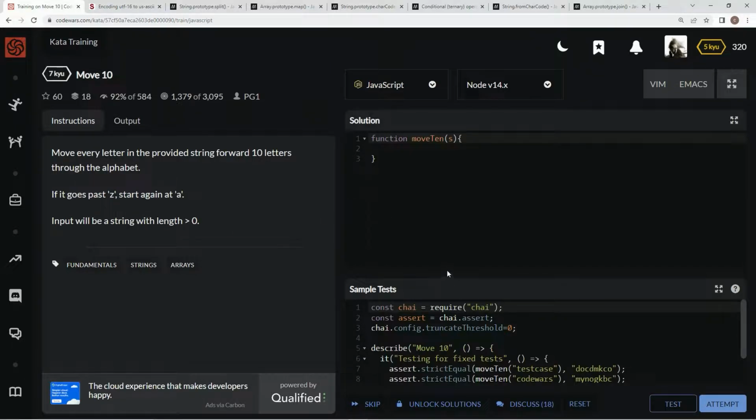All right, so if we subtract 10 from Z, the letter will be P, okay? So anything further along than P is going to have to roll over into A. So what we're going to do here is separate this into each letter being its own element, and then we're going to check to see if it's past P or not using the